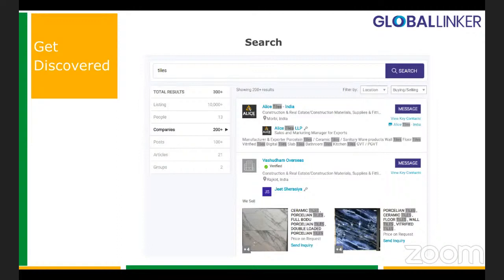So make sure that whatever information you have, generally a search always starts with a keyword. It doesn't start with a company name, because I don't know you today. I would always look for a product, or I would look for a service, or I would look for some pain point which I'm trying to address. And those would be my keywords. Those keywords, make sure they are a part of your profile. So, if I'm looking for tiles and you are a tile manufacturer, and there would be ceramic tiles, or granite tiles, or something mentioned in your company name or description and your products, you would definitely come higher up in my search.